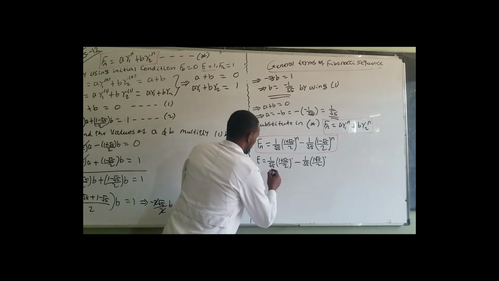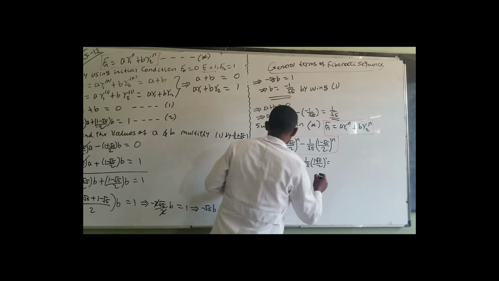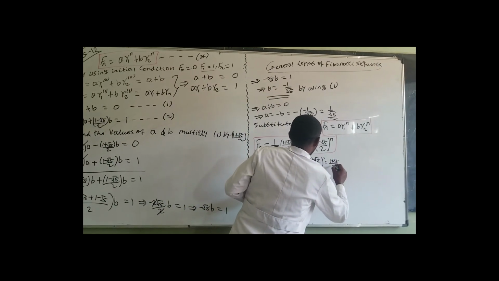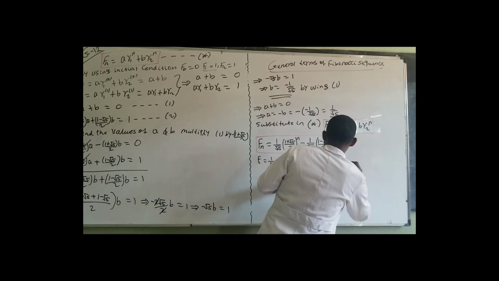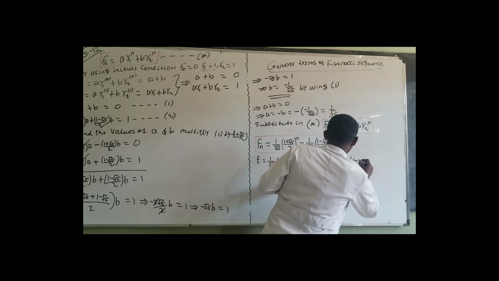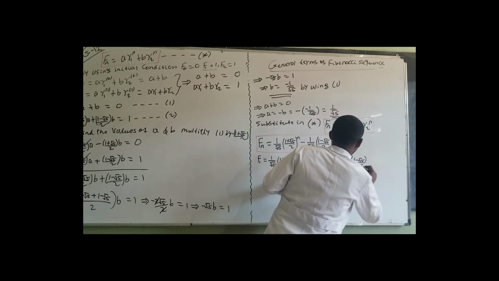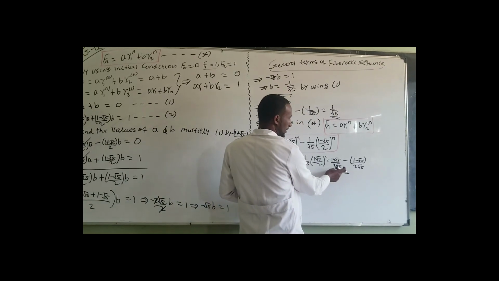When we multiply, this is equal to 1 plus square root of 5 over 2 root of 5, minus 1 minus root of 5 over 2 root of 5. Then we can take the common denominator